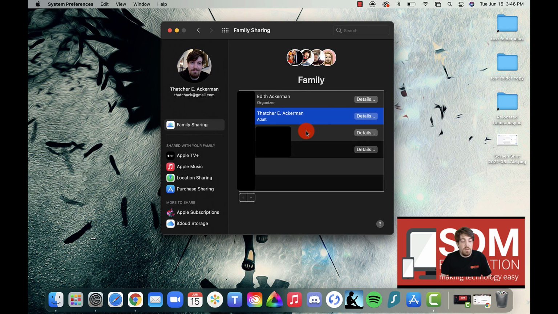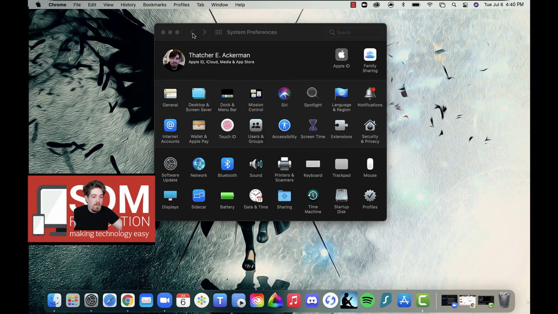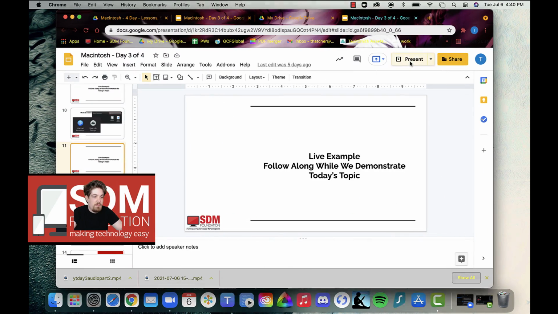So anything in the App Store that you were to pay for would be charged to the organizer or whatever card is associated with the family sharing, and that is the type of thing that you can change in family sharing settings. Okay, so let's go back to our slideshow,